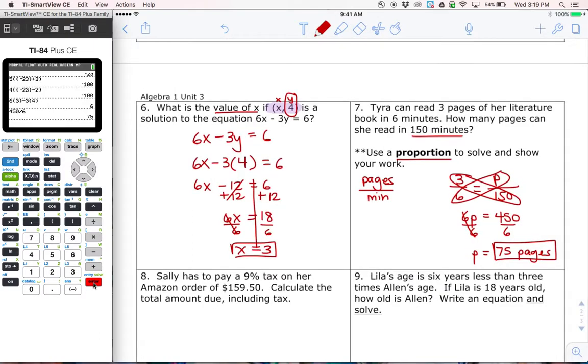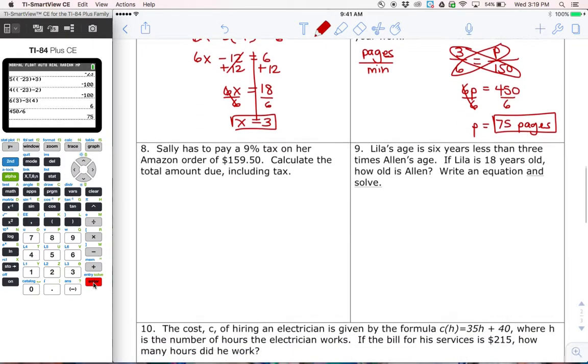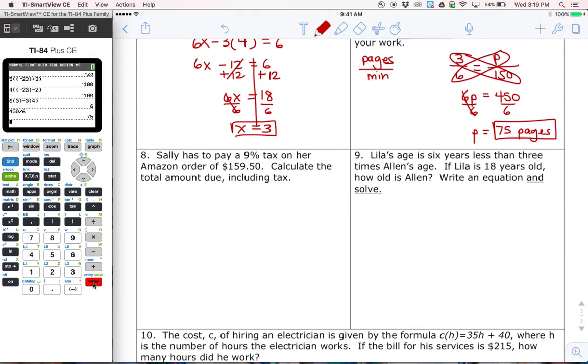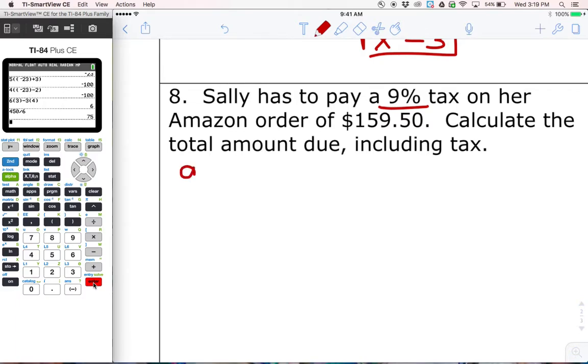Problem 8. Here we go. Problem 8, we are talking about tax. All right, so Sally has to pay a 9% tax. Before we move any further, let's recall that 9% is the same as